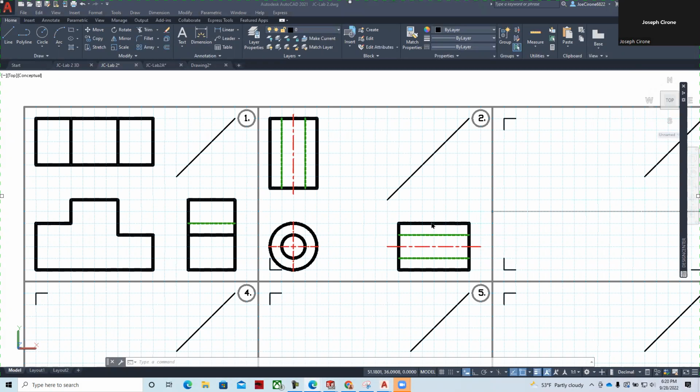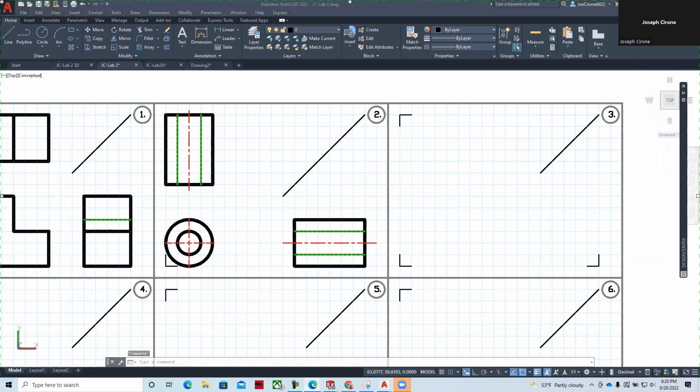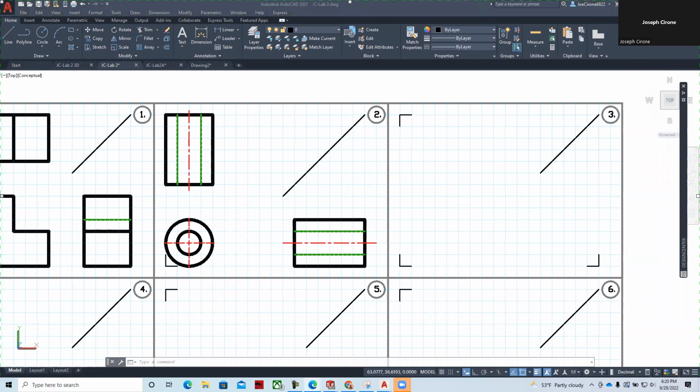1, 2, 3, 4, 5, 6. And so we'll continue to create those drawings. If I was to create the right side view here for this one right here, what I would do would be